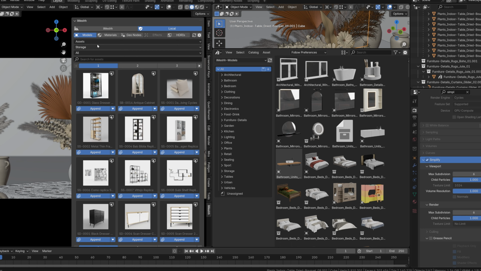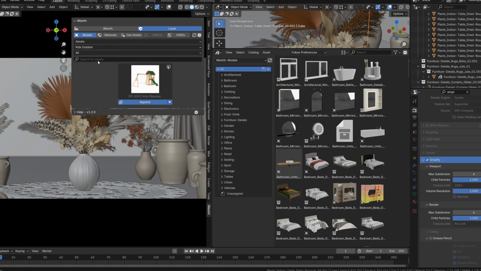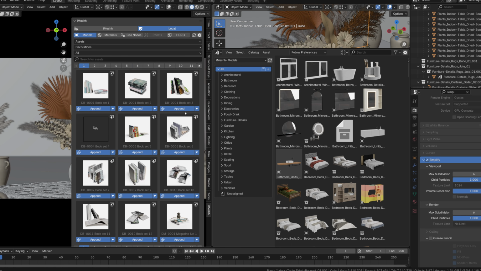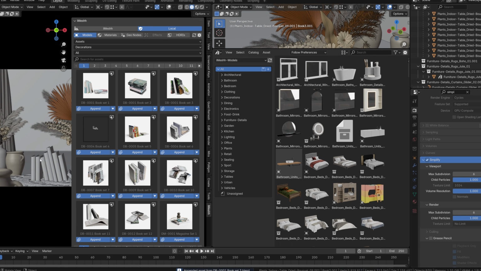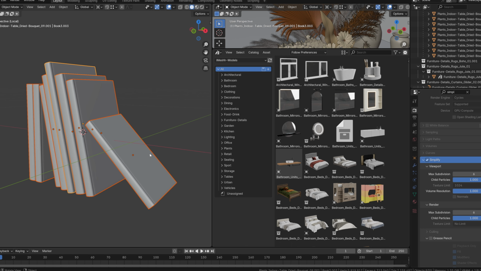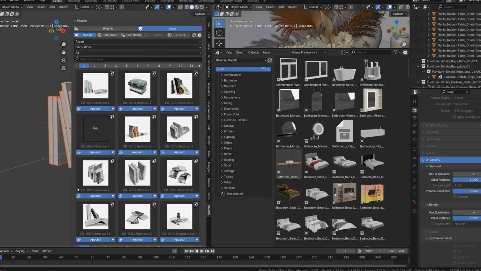And not only that, for a lot of use cases, for example, if I go to decorations, most sets will come as a set. And if I drop that in there, we can see that this has come in as separate parts. So all the items within that file is exactly all the items that I need. And that's generally how assets are packaged. It doesn't come with extra stuff that you don't need. So by just clicking append, it's already automatically added in every single item from that file,